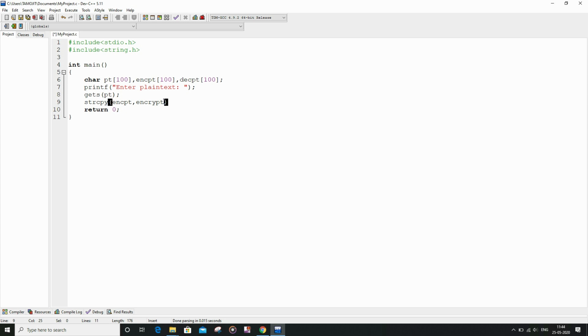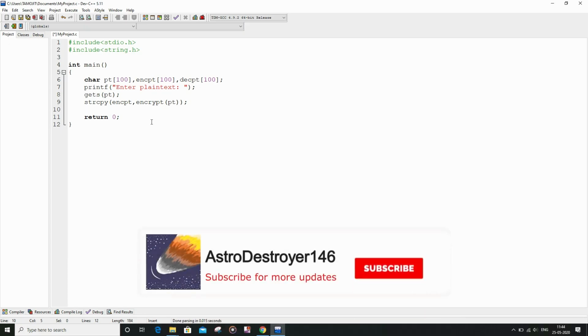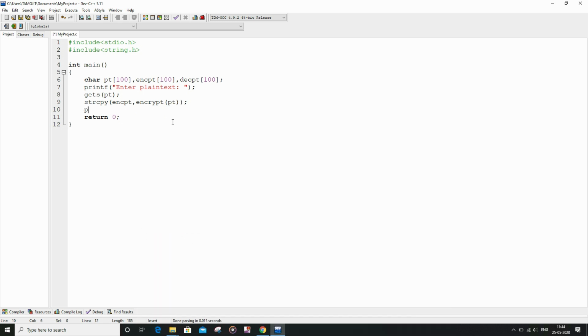So basically this is the function encrypt, and we are going to pass the plain text as argument to the encrypt function. The code for this I am going to write later. And after copying the returned value in the encrypt variable, I am going to print the encrypted text.